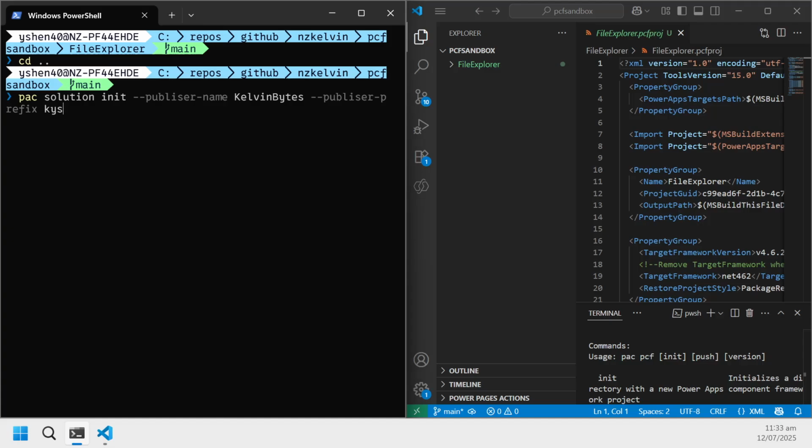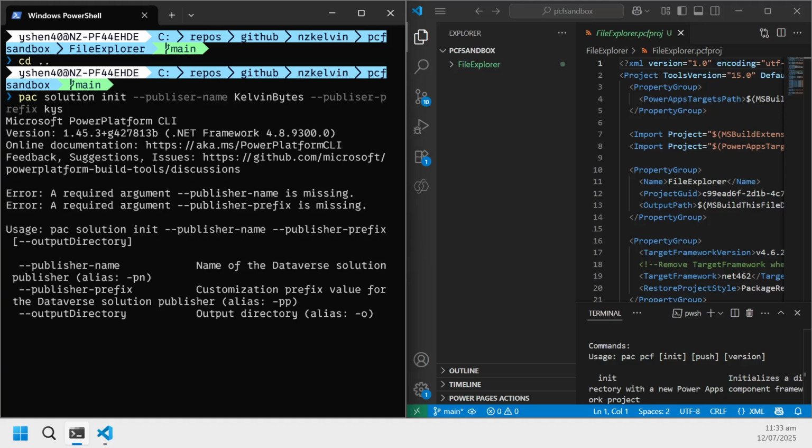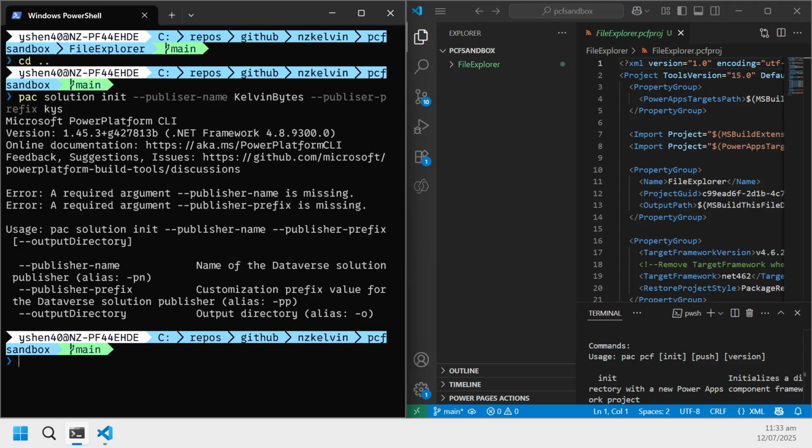So that's the publisher's name and prefix. Right, so I'll create out the